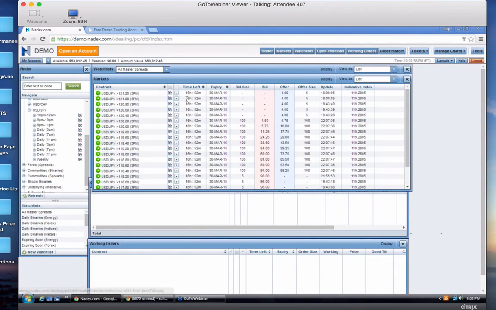After you get used to that idea, then you can try doing it the other way, selling. But always think of them as the buyer's cost and the seller's cost added up together will equal the payout of $100, and the trade price splits it between the two portions. If I'm short, I want the trade price to go to 0. If I'm long, I want the binary trade price to go to 100. This is the scale that these binaries trade on per contract, and that's how it works.